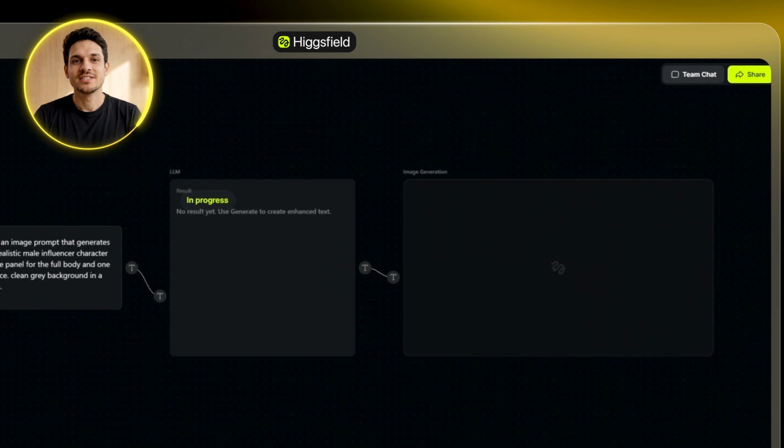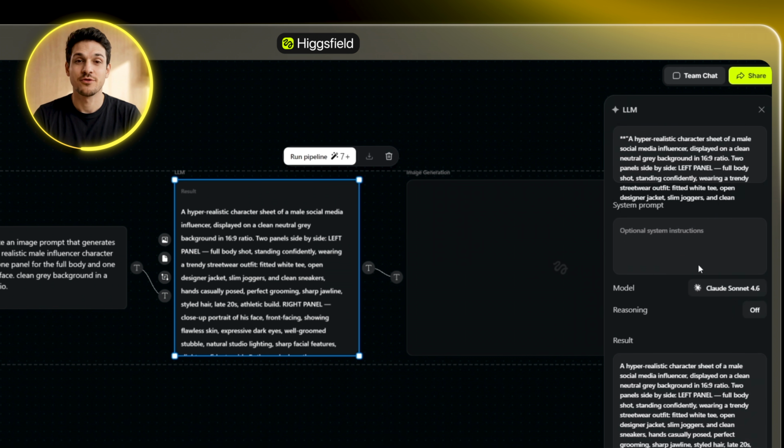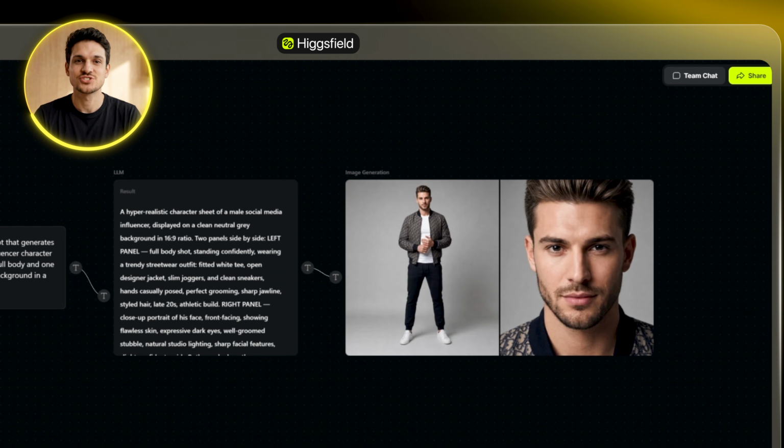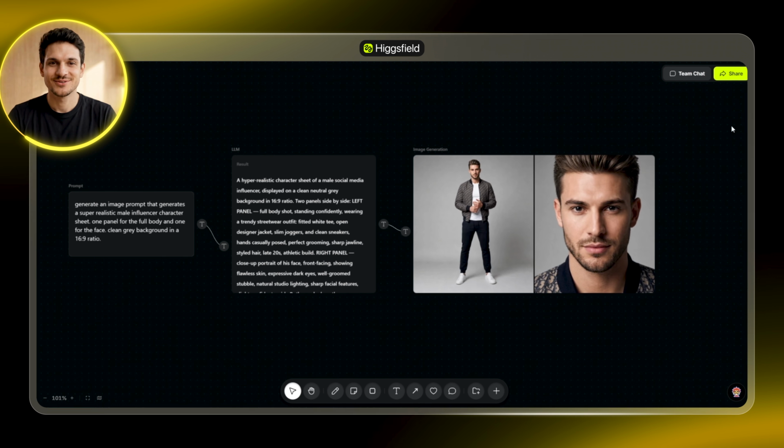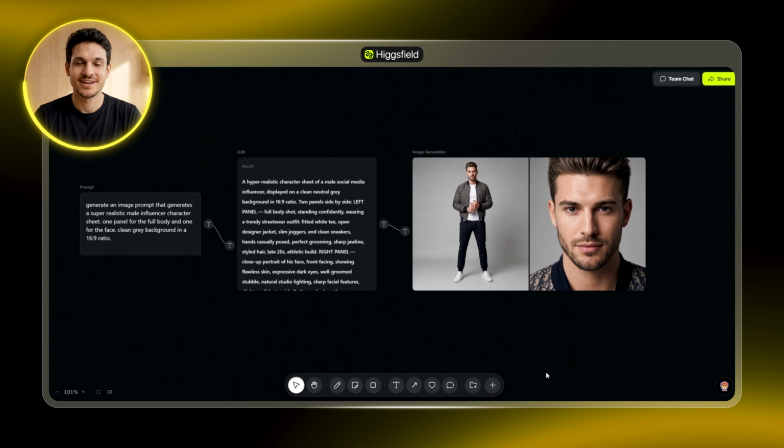The LLM takes that one line and writes it out into a full prompt, and it feeds straight into the image generator, and I genuinely like how real this one came out. The reason we ask for a character sheet instead of just a headshot is that you get the same person in 2 panels, the full body and a clean close-up of the face on a plain gray background. That one image is the single reference every other video uses, and that's what keeps the same face across all the next images. It's only a placeholder look too, so you can swap that prompt for any face you want,